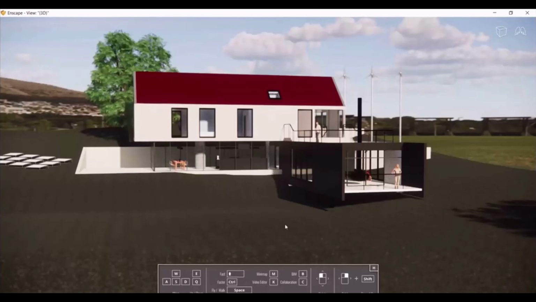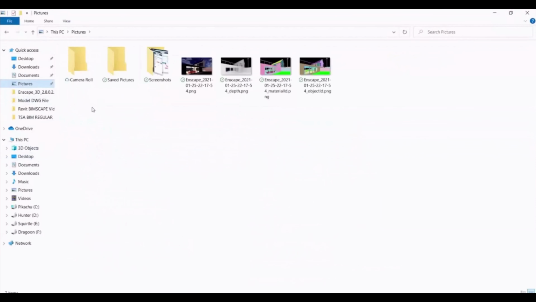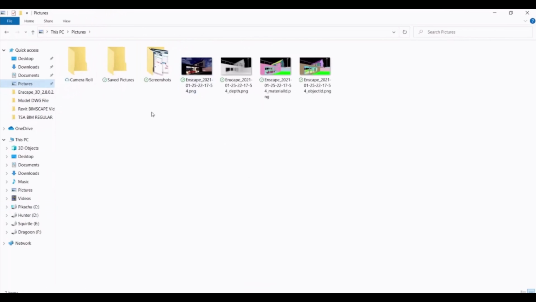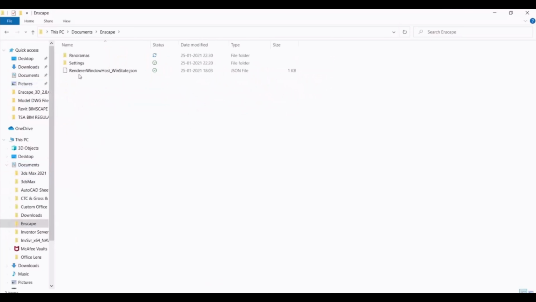So let me see where it's saved. Yes, it is saved here in panoramas.